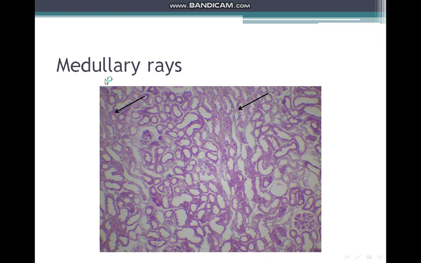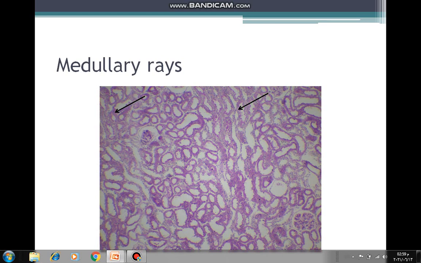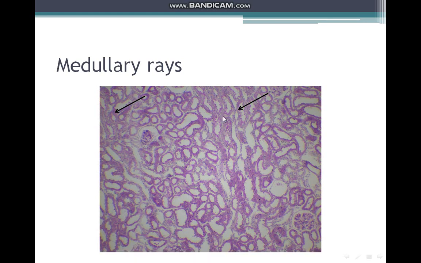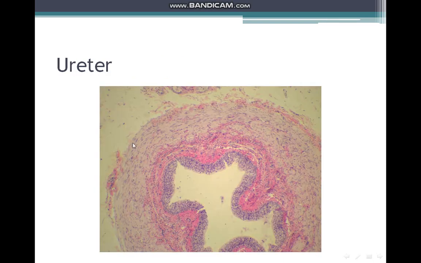These extensions are called the medullary rays, which are part of the collecting tubules that pass toward the cortex in between the cortical structures. The ureter